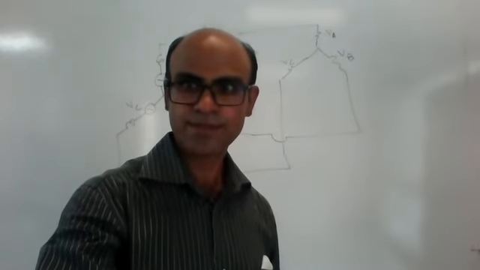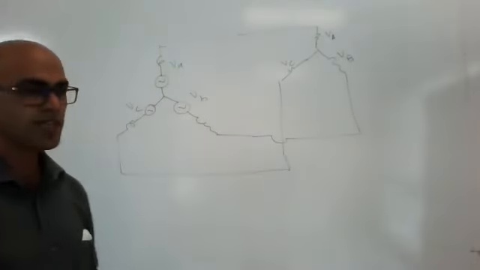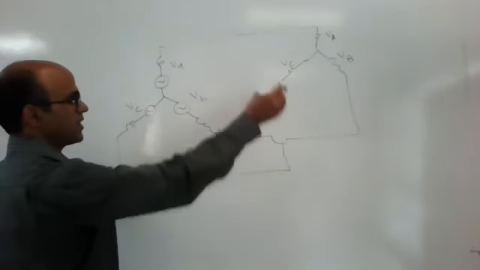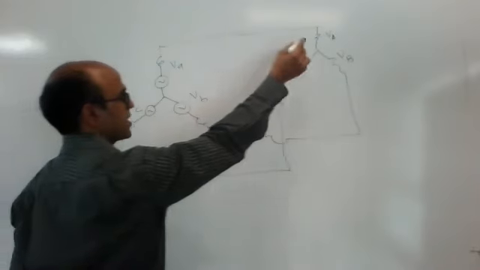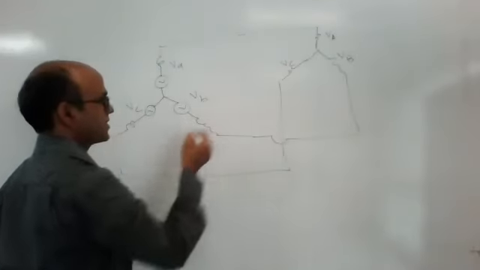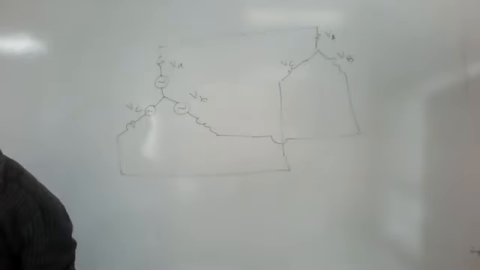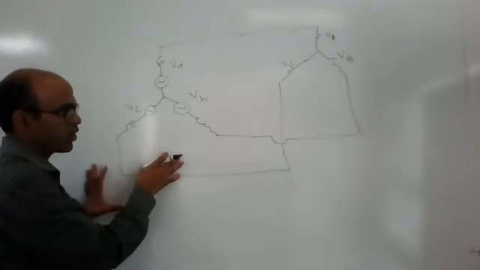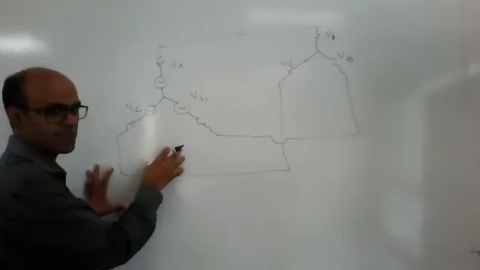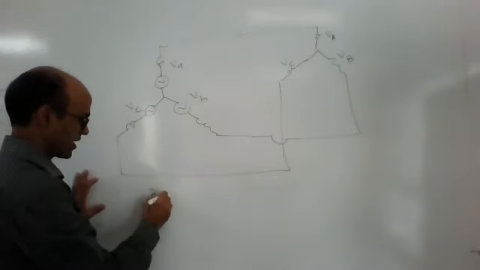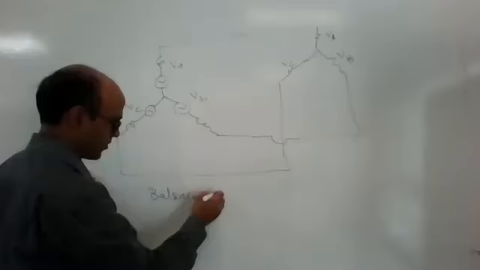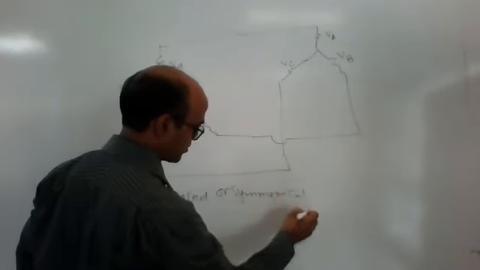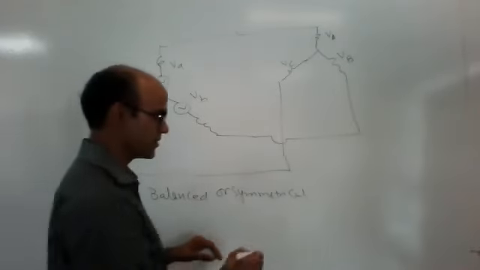To evaluate, if you are solving this equation and applying KVL, then you get this term, then there is this term. So in total 9 variables you are getting here. So to solve this problem under faulty condition, because if this is balanced, what is the meaning of balanced? Balanced system or symmetrical system? Can anyone define what is the meaning of a symmetrical or balanced system?